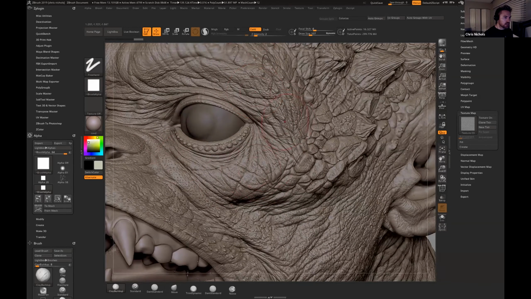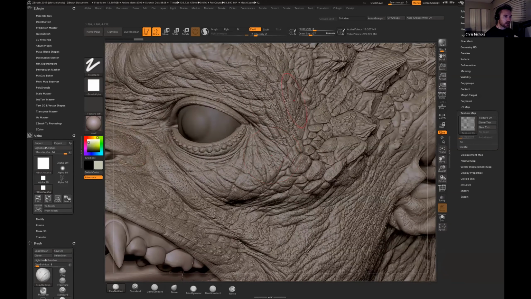Now, I use HD geometry inside of ZBrush, and what that allows me to do is subdivide to a very high amount in an isolated area, and I can apply those different alphas. You can't see that on screen here because I don't have HD turned on, but if I did, you would see even more detail than what's being represented in this ZBrush tool. It's just a process where it isolates an area and then it up-reses it. But when you bake out your displacement, all that detail is being put into the displacement map.